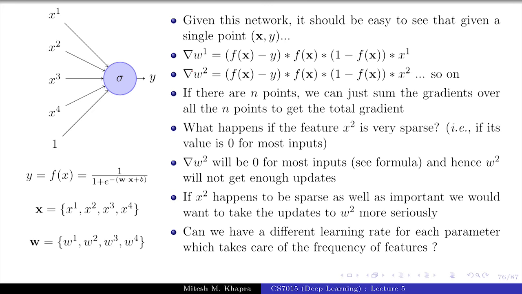So what is the case that I'm making? What do we actually need? Can you relate it to the discussion on learning rate that we have been having? So if the feature is sparse, you know it's going to get far fewer updates. So can we change its learning rate so that that feature gets updated a bit faster as compared to the other features? So you get the motivation, right? How to do this is a separate story, but at least we need to do this. Is that clear? How many of you get this?